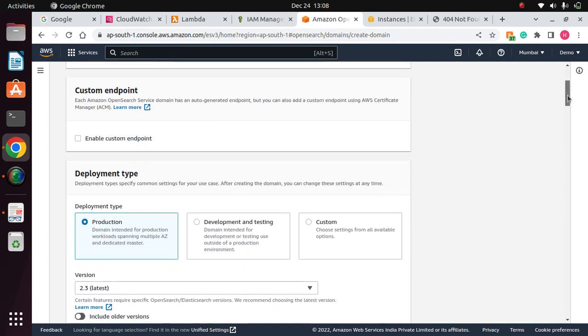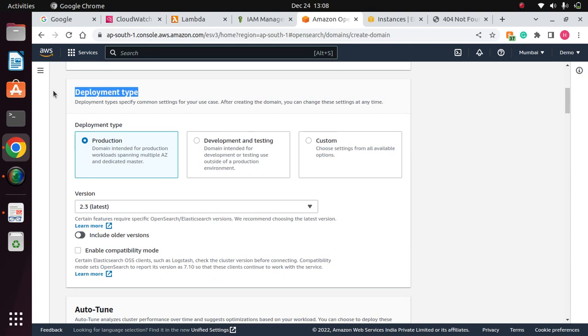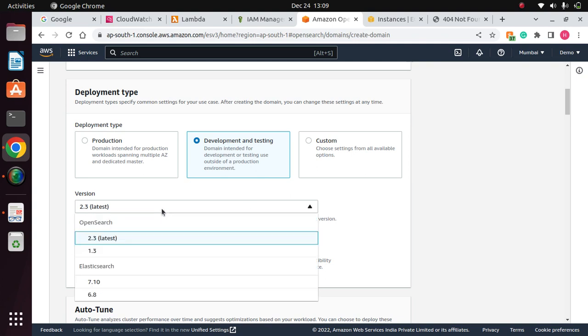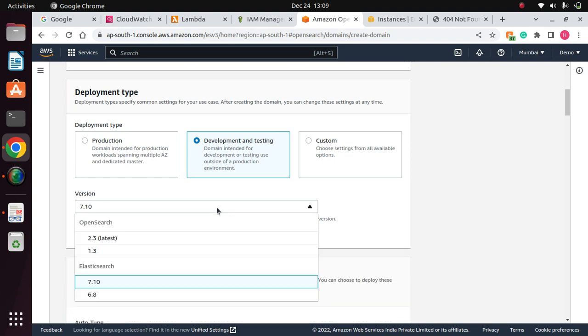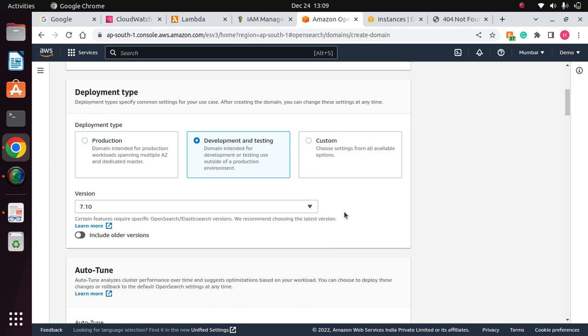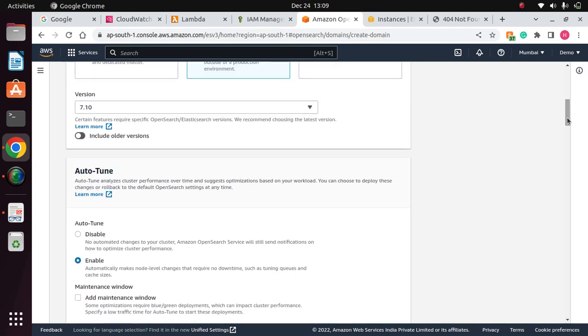Okay, so now the deployment type, for me I'm going with deployment and testing. Okay, and this is the version. Previously it was called Elasticsearch, but now in recent times it is known as OpenSearch. So these are the latest versions, these are the older versions. So let me go with the older version. You can go with the latest version as well. If you go down,